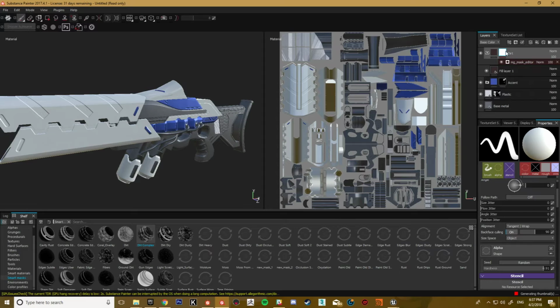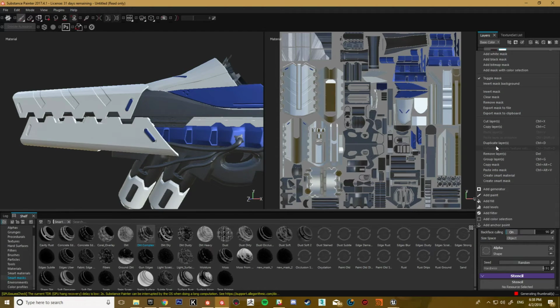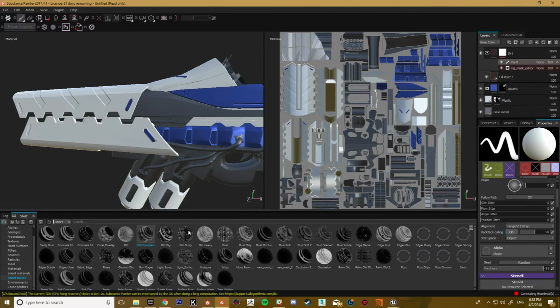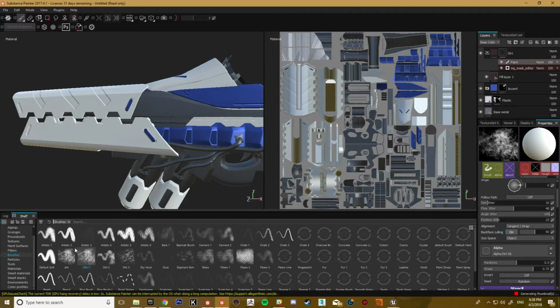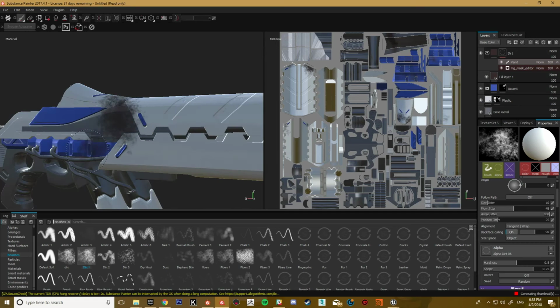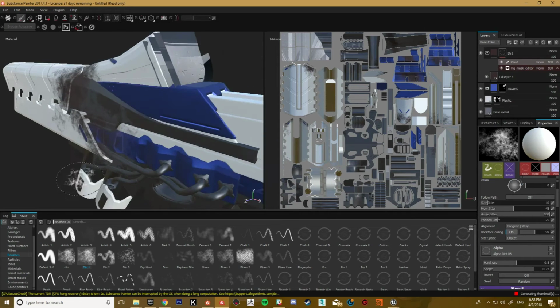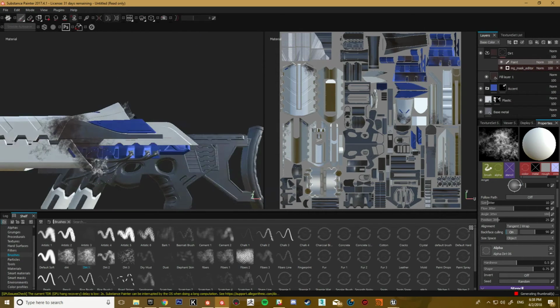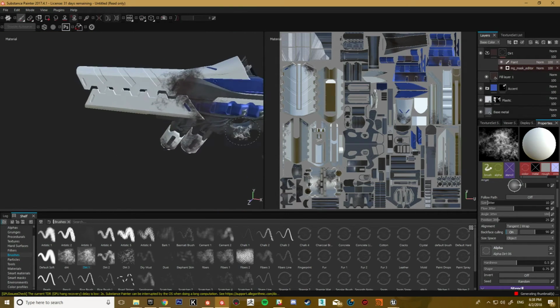So what we will do is, because we can paint the masks, we can't paint the base materials, but we can paint the masks. So maybe I'll add a paint layer, and I'll say with my dirt brush, I want this part to be dirty. It's like where all the sci-fi gunpowders come out the back or something like that. Whatever they use, it's just sci-fi gunpowder stuff. It's messy because it's being burnt or something like that.